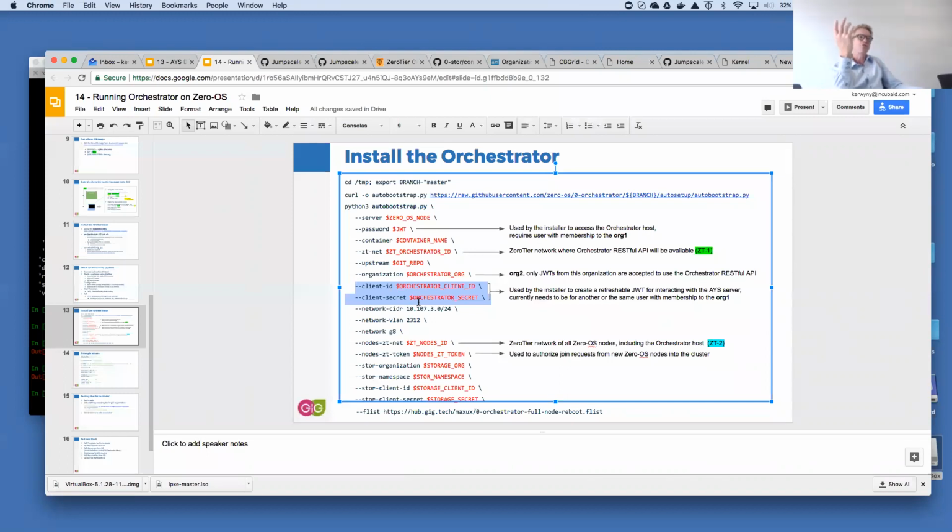In order to do so, a JWT needs to be sent along by the Orchestrator to the internal AYS server. So the Orchestrator needs to be able to create that JWT, and needs to be able to refresh this JWT because it will, of course, at some point in time not be valid anymore.